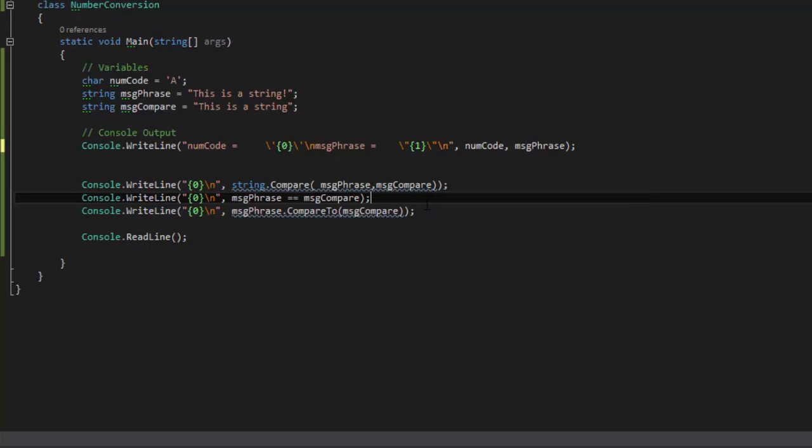And the bottom one we have here, this is the compare to, which is also quite similar to the compare at the top, where we're saying message phrase dot compare to message compare, and that'll also return a 0 as an equal value, a 1 saying that message phrase has a higher Unicode value, or a negative value which will state that message compare has a higher value than message phrase. So if we compile this,